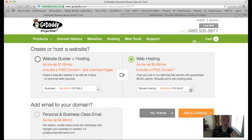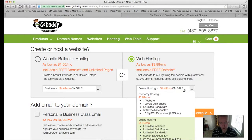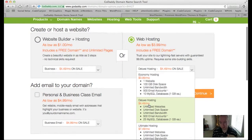Bear in mind with these hosting companies, they're going to try and sell you slightly higher than is technically necessary. So if we click the drop down here, you'll see there's actually a cheaper version, which is economy hosting. Now there's only 50 cents of a difference per month, but if you look at the actual specifications, unless you're wanting to set up multiple websites, you're very unlikely to need the deluxe hosting. So let's just go for the cheapest option possible, because it gives you one website, it gives you